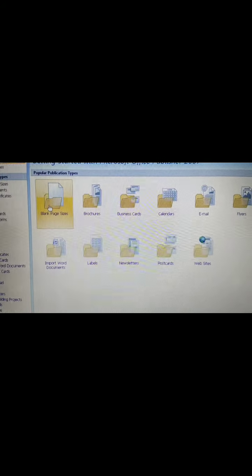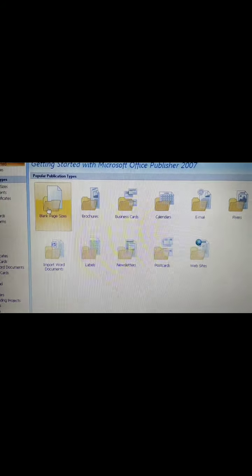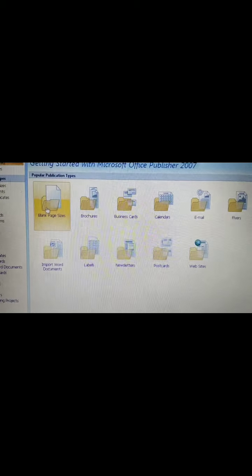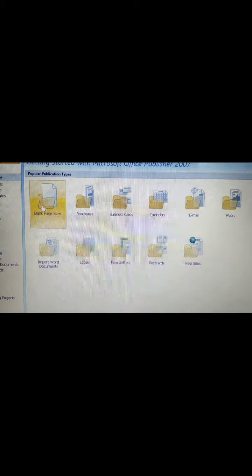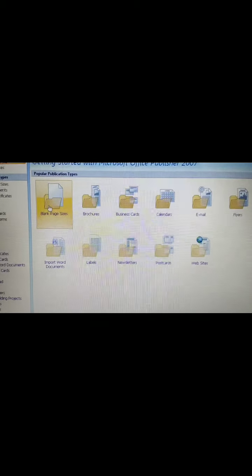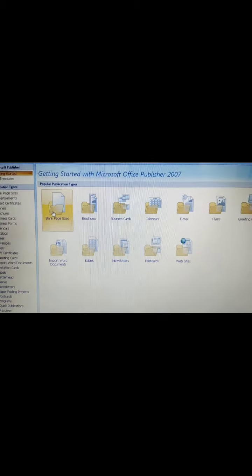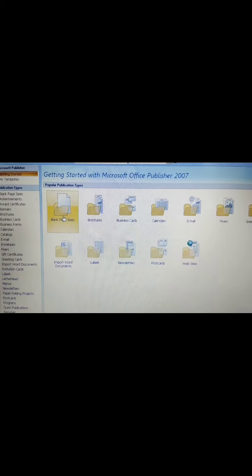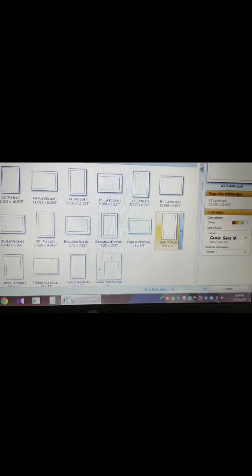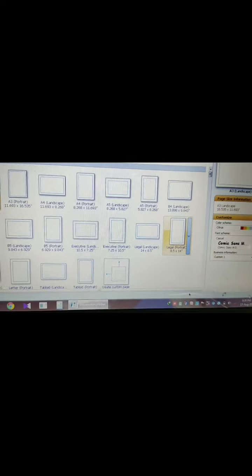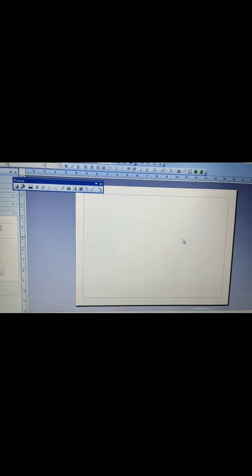Now I will show you in practical how to insert a picture and how to insert multiple pictures. First, this is the Publisher screen, and I will take a blank page and create it. Now the Publisher screen appears.